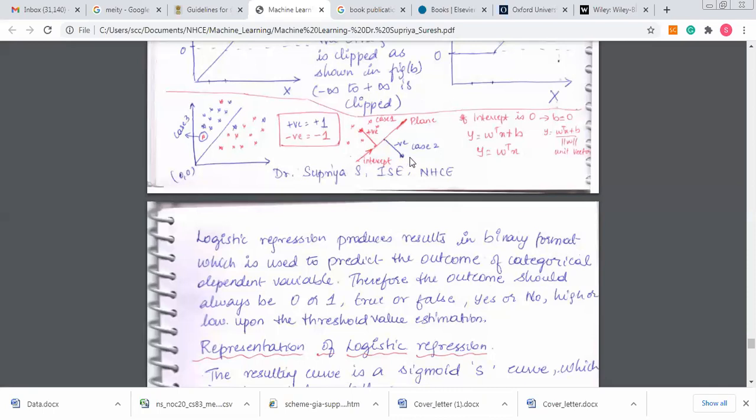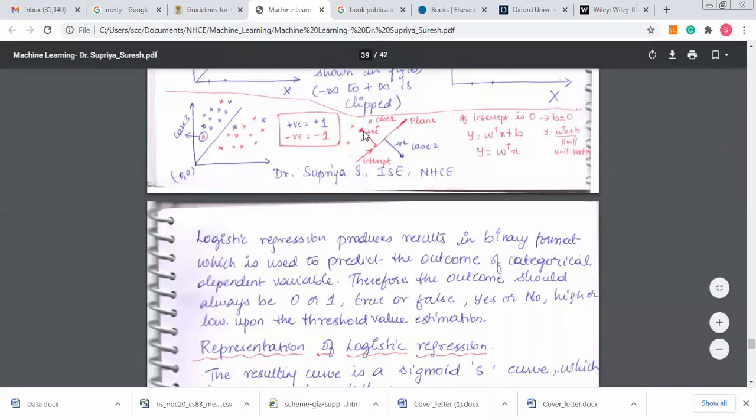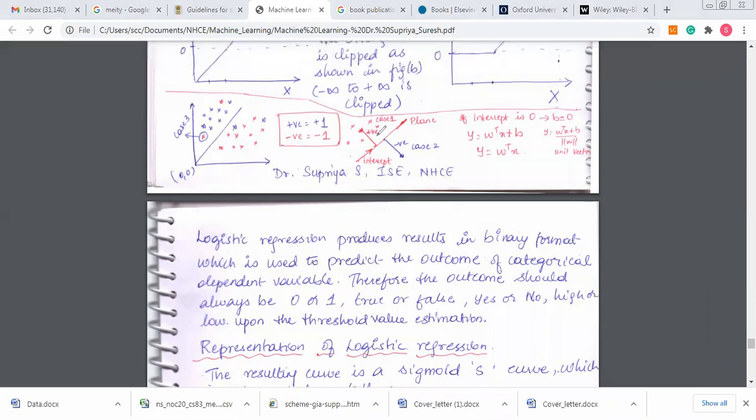If I start with case 1, I'm going to take 1 point here, the red point. I'm going to see whether it is correctly classified in that range. When I consider this point, obviously it's a positive point because it is above the plane. The intercept is also positive because it is going in the positive direction, so it's a positive slope. Let me consider this blue point. If you're getting confused, let us consider that it is the blue point itself. As per the diagram, it's a positive point. So when I consider this positive point, how do I represent it?